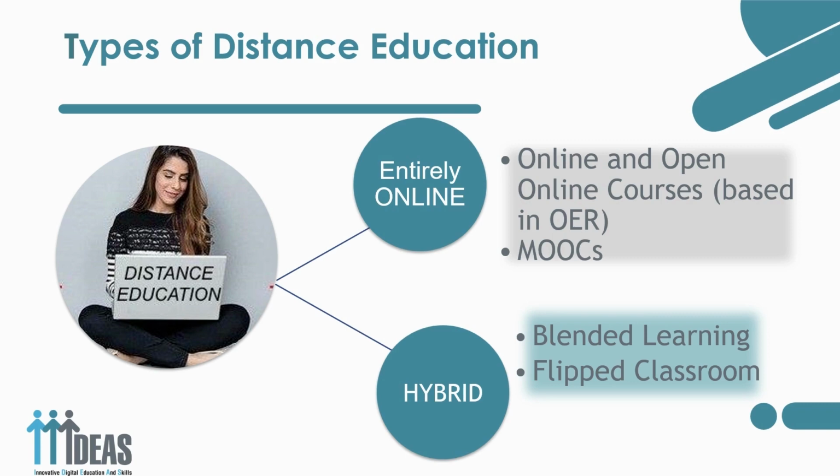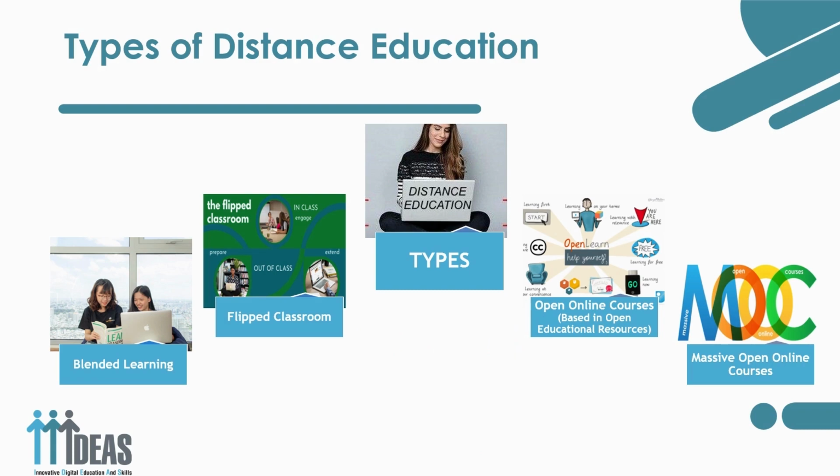This means that students have to attend face-to-face or synchronous classes certain times, but they also should be present in the online or virtual learning environment asynchronously. For example, blended learning. Types of distance education. Blended learning is defined as the thoughtful integration of classroom face-to-face learning experiences with online learning experiences. Its characteristics include the use of synchronous and asynchronous learning.